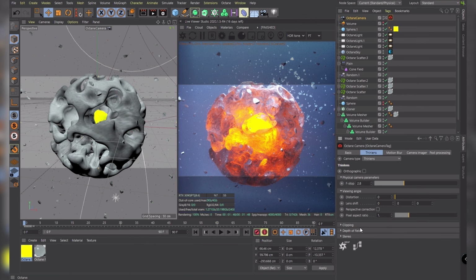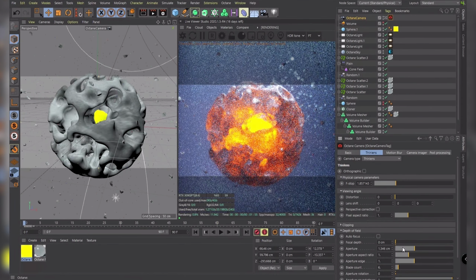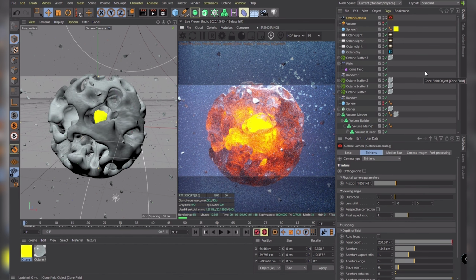And we can also go in the thin lens options and disable autofocus. And we're going to set a larger aperture, so we have a depth of field. And when we click this F icon here and click on anything we want to be in focus, it will go in focus. But right now we have the volume in front of everything, so make sure you select polygon. And that also concludes the tutorial, I guess.